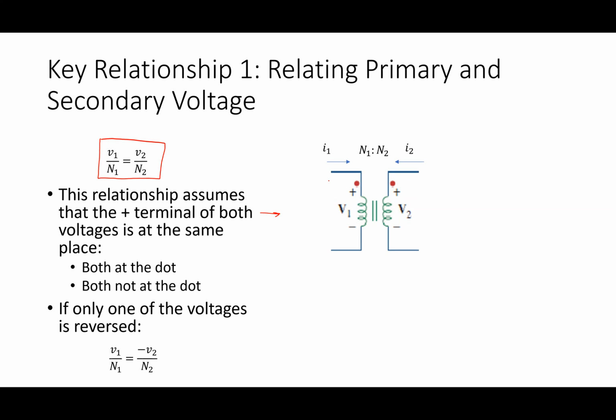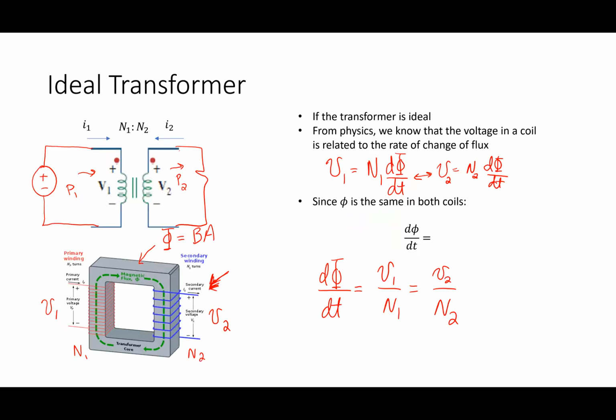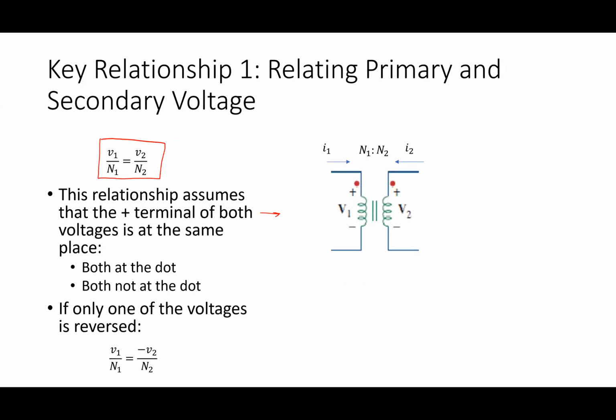DC can have flux, but what did I say for Faraday's law to work? Faraday's law said there needs to be a changing field. If I have a DC current flowing in the primary here, there's no changing flux. There's a flux, but it's not a changing flux. I need a changing flux to induce a voltage, right? That's why the power system is AC. I need this sort of transfer of voltages that happens. It's not going to happen if I had DC sources.